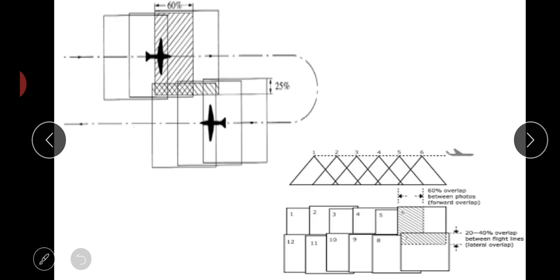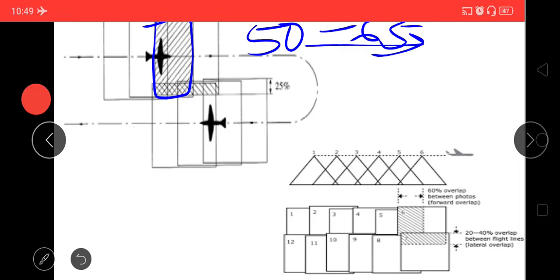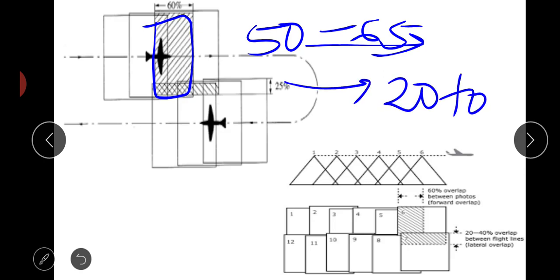Whenever a flight is moving forward, the overlap percentage is 50 to 65%, and lateral overlap may be from 20 to 40 percent.